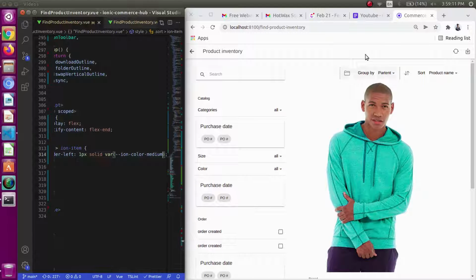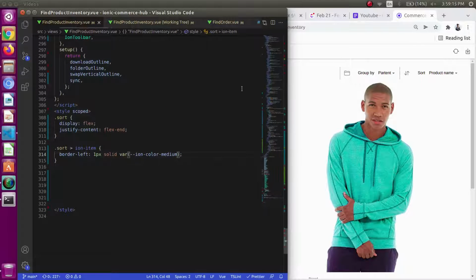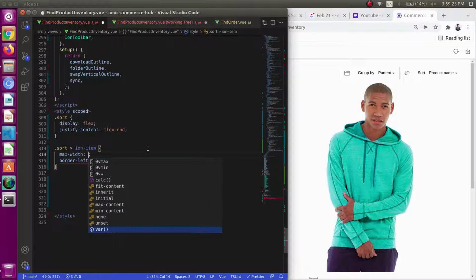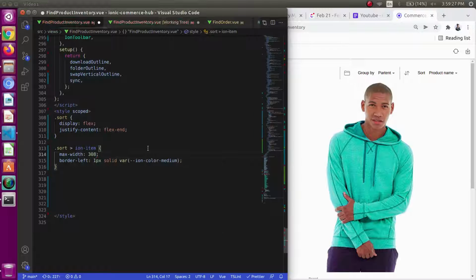I will be showing the creation and use of variables also, but this is a predefined variable and it can be used like this. Now I will be giving some width, so just give it a max-width of some pixels. Let's just say 308 pixels, and save it.